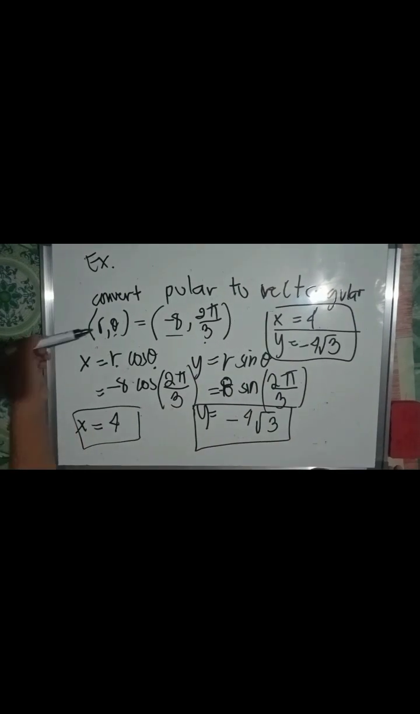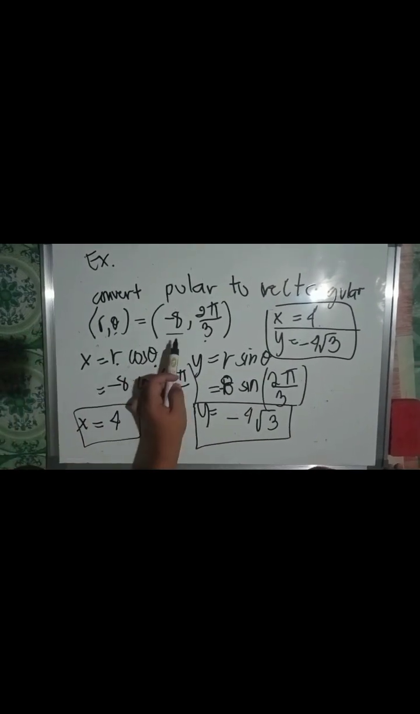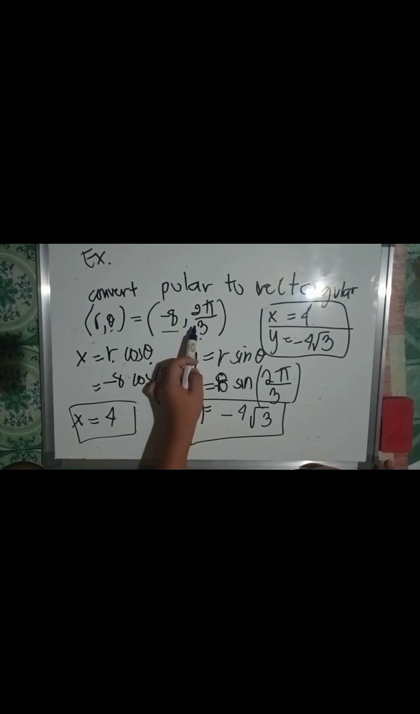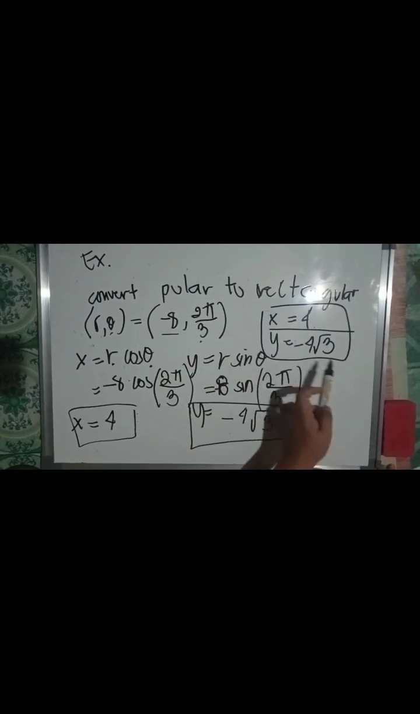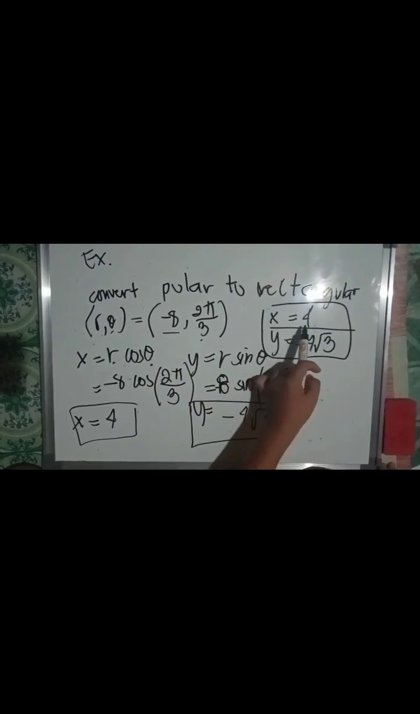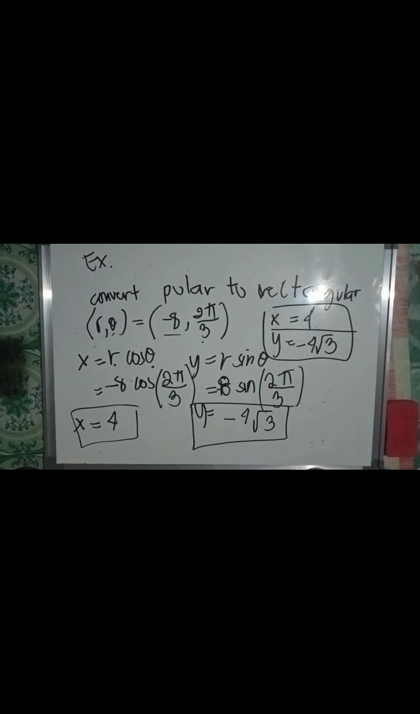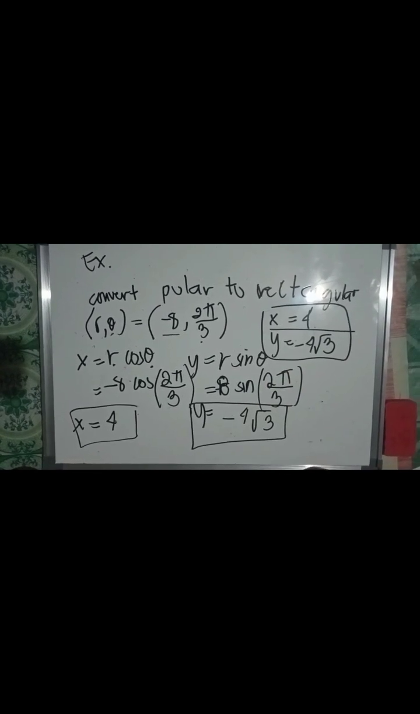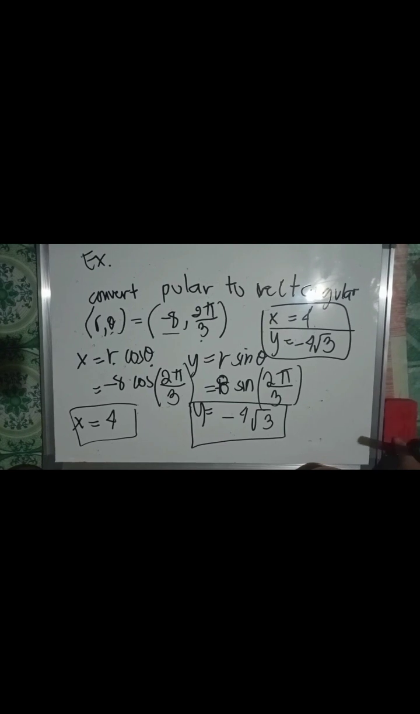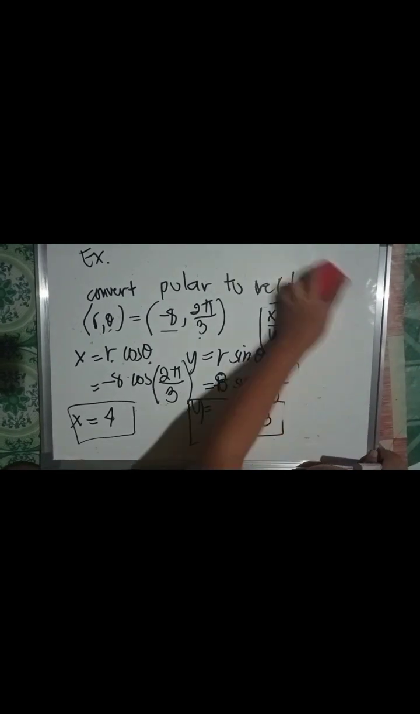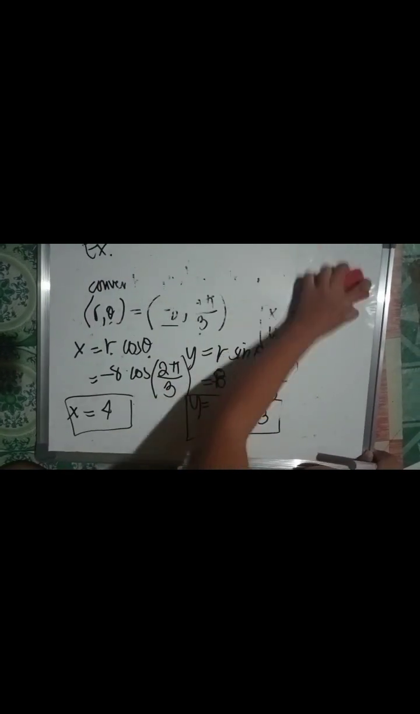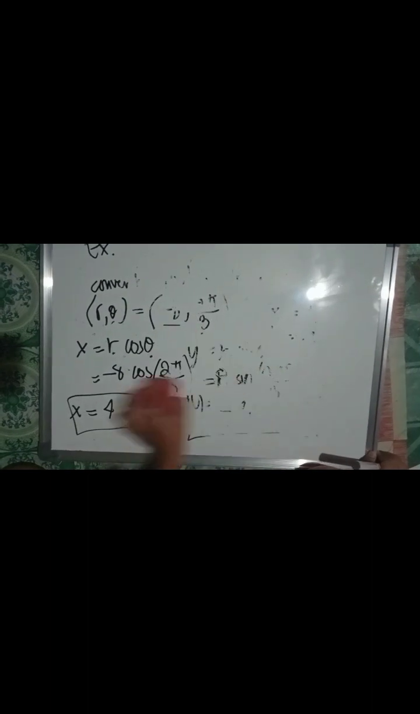Converting these r and theta, negative 8 and 2 pi over 3, the rectangular form would be x is equal to 4 and y is equal to negative 4 square root of 3. I hope you have learned something from this video. And to sum up,